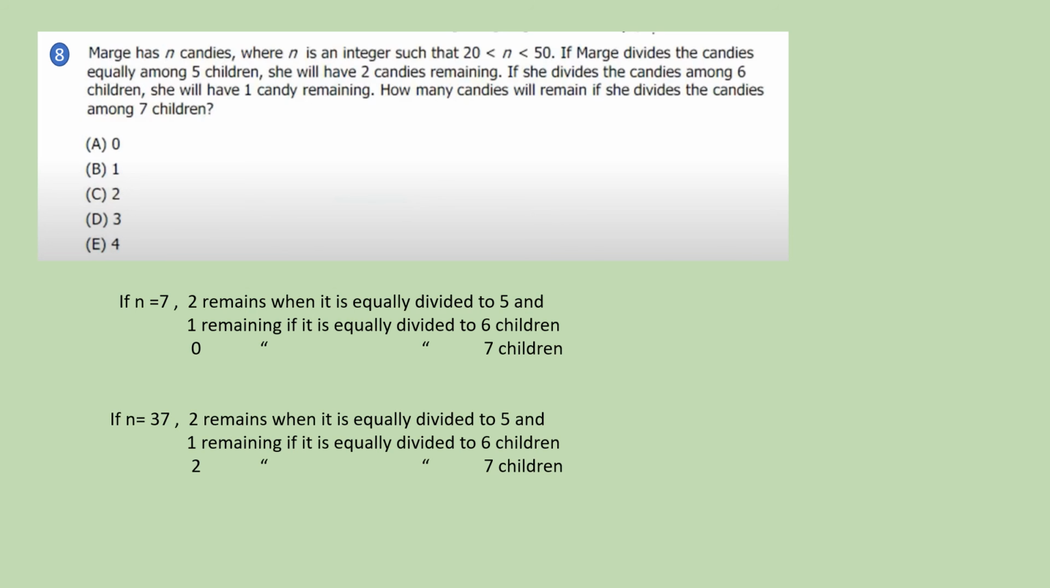Or I may have another choice when n is 37. It leaves a remainder of 2 when it is equally divided among 5: 7, 7, 7 fives are 35, remainder is 2. For 6 children, 6 each, 1 remaining. And for 7 children,